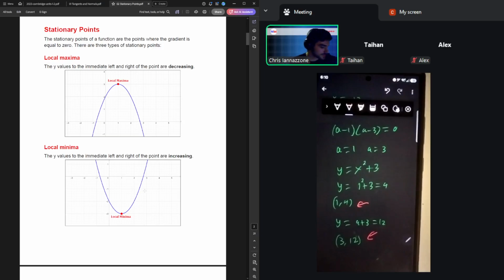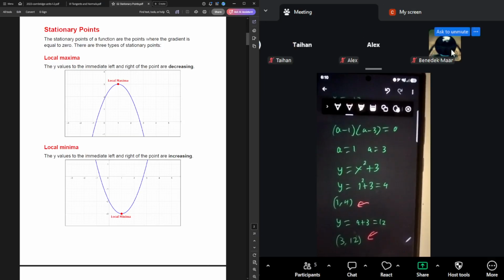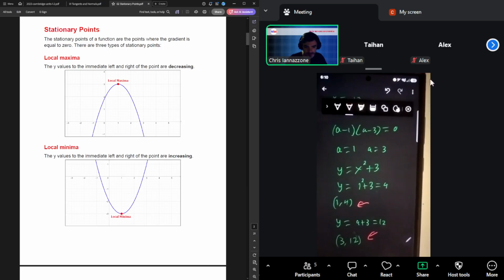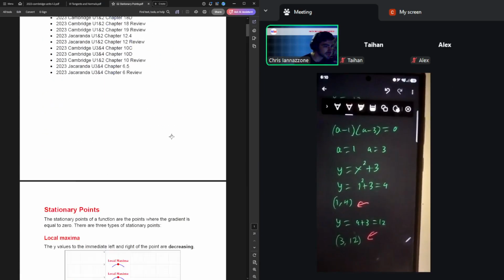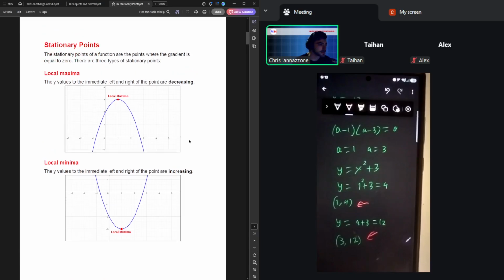Alright, next up, stationary points. Again, something we've done quite a bit, so I'll keep it at a fast pace unless you guys would like me to slow down. Feel free. Okay, stationary points. The whole idea here is it is a point in which a function is either turning or